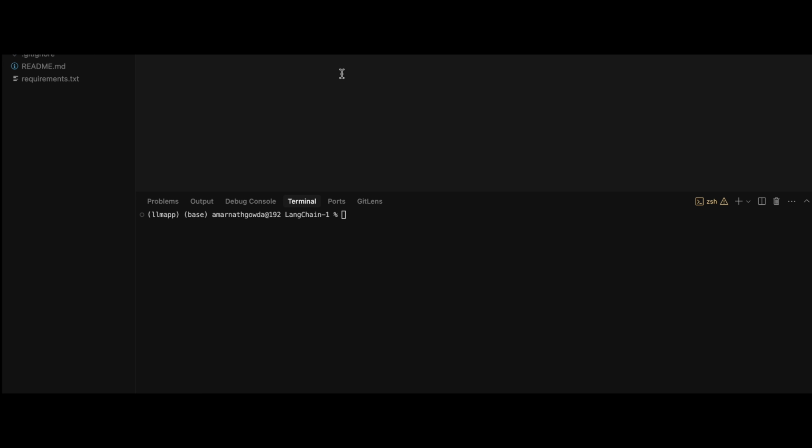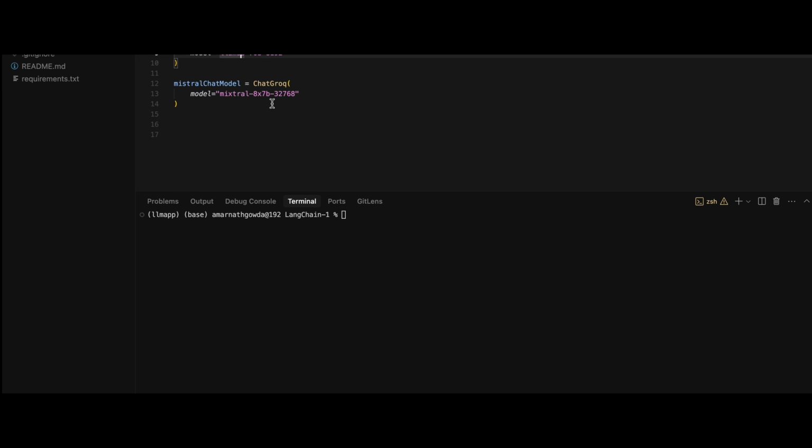Here we are loading the .env file, which contains the Groq API key. This key allows you to access Groq Cloud and use LLMs like Llama 3 and Mistral. Next, we are importing LangChain Groq, and importing ChatGroq from the LangChain Groq integration. Then we set up two different models, Llama 3 70 billion and